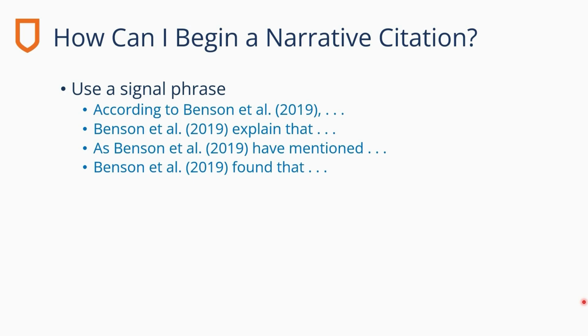There's also a link to a list of signal phrase verbs on the handout. Here, for example, you can see the signal phrase verbs explain, mention, and found. These are all verbs that show the action of the author or researcher and can help you begin a narrative citation, as in Benson et al. 2019 found that